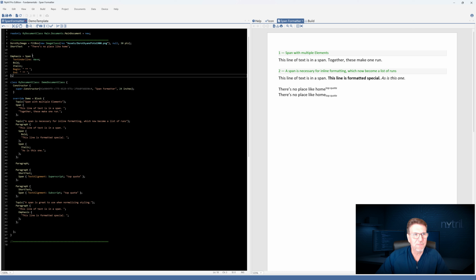So here I'm using a span to create a styling method called emphasis. And in this span, I'm applying a wave underline, I'm making it bold and italic, and I'm using these special Nitral properties that are available in any revision.